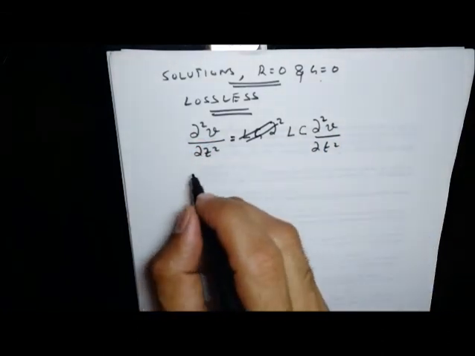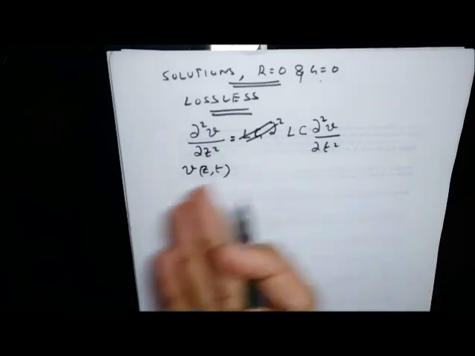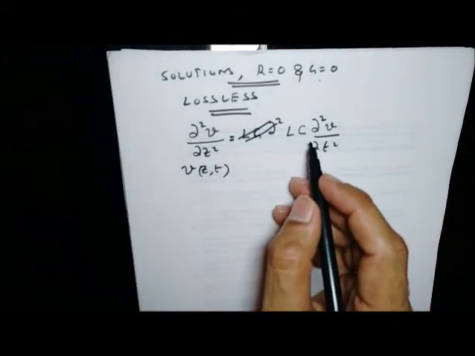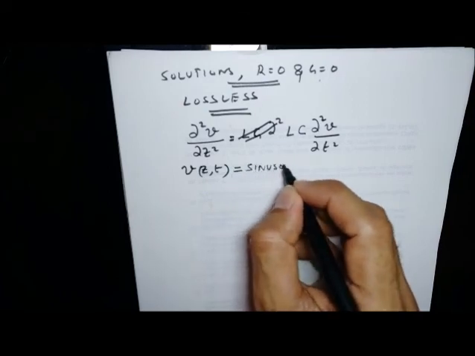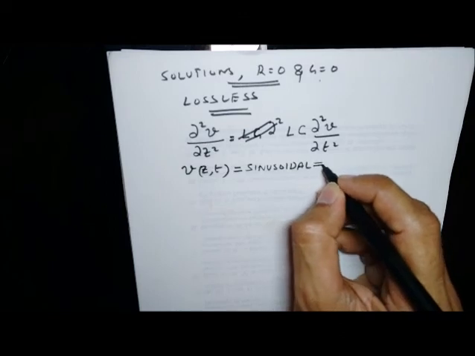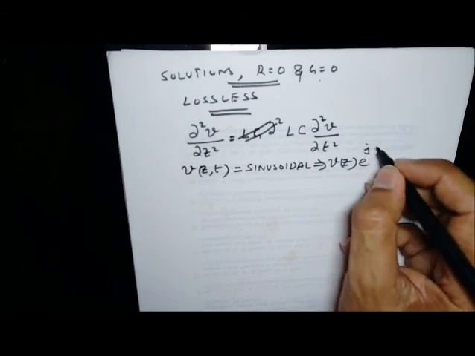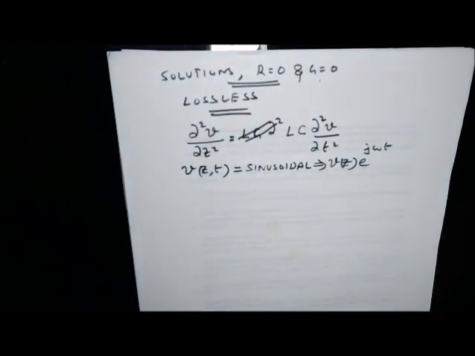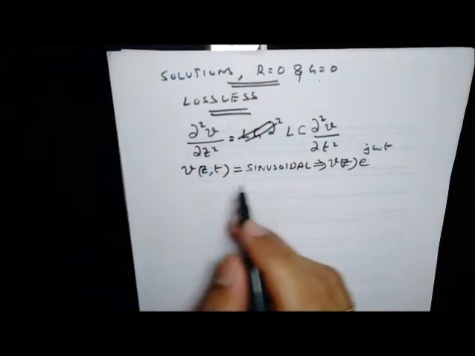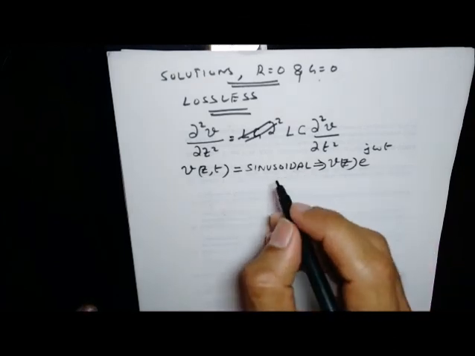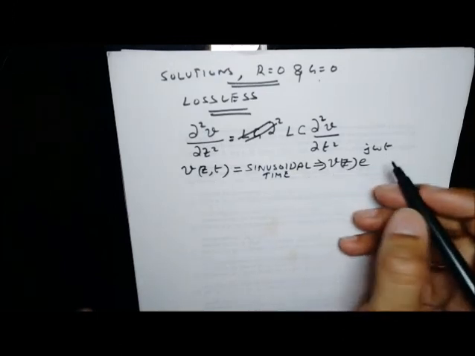And let us say that V(z,t) is a function of the space as well as time coordinates. Let's say that V(z,t) has a sinusoidal time variation, which means that in complex exponential notation, we can write like this. So basically, we would use this notation because of the inherent advantages involved. So the time variation is sinusoidal, hence we write it as V(z) e raised to j omega t.